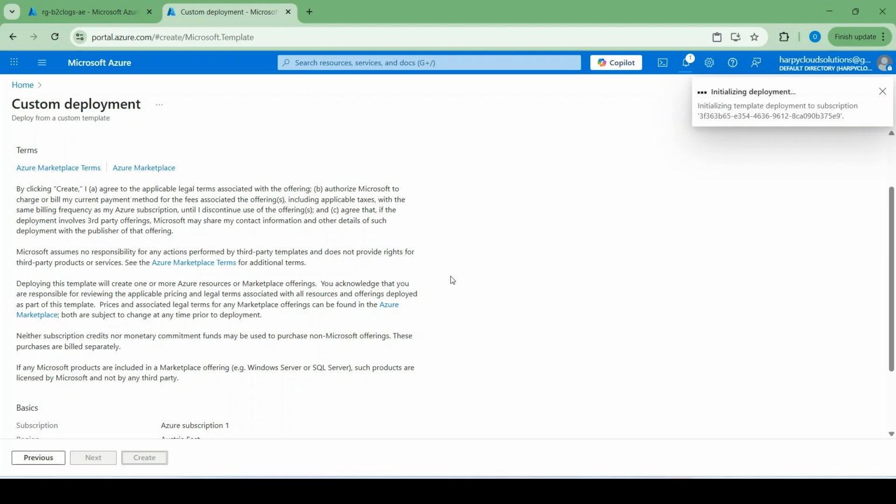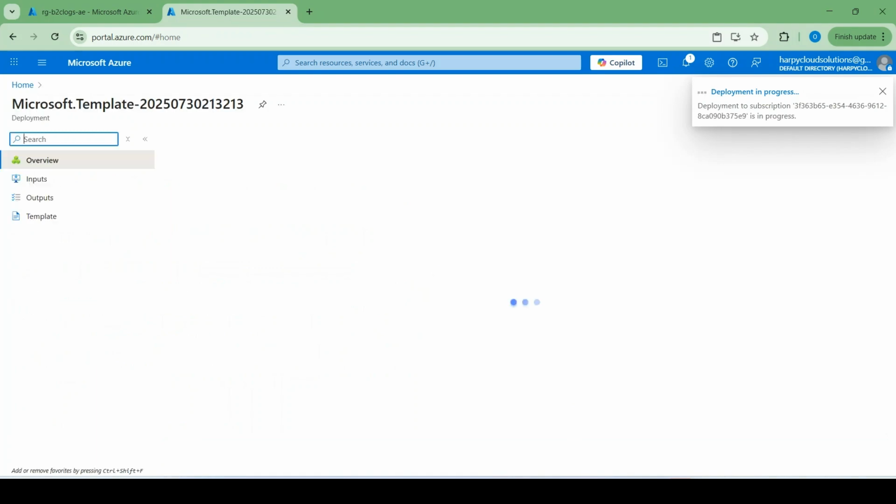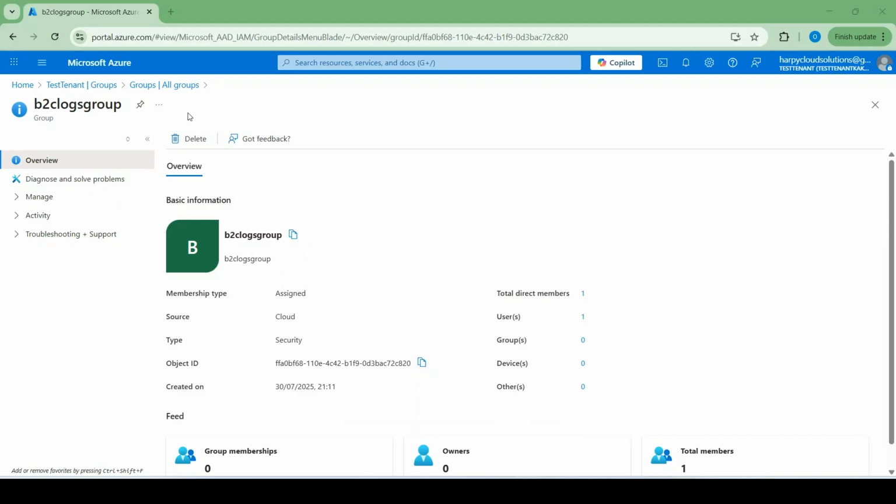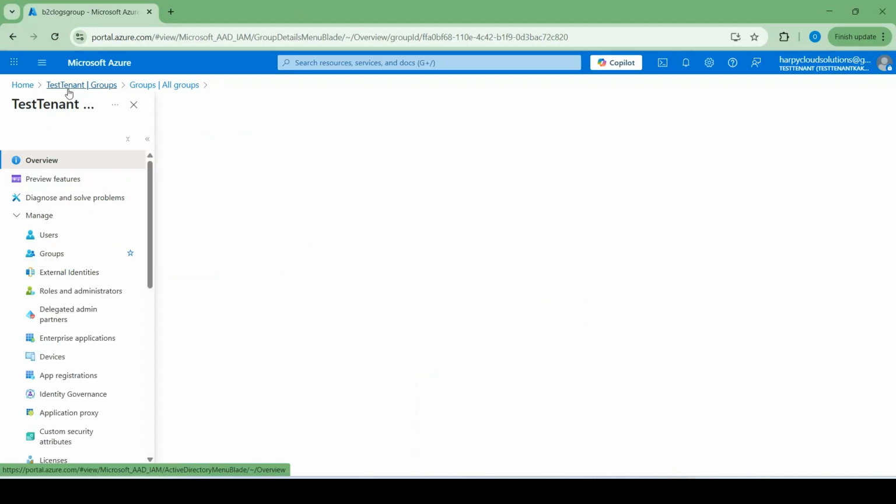And once this is done, we're just going to give it some time and go into Azure Lighthouse and confirm that your B2C tenant is now a service provider. As we're waiting for this to be done, let's go back to the B2C tenant. On your B2C tenant, you can't just